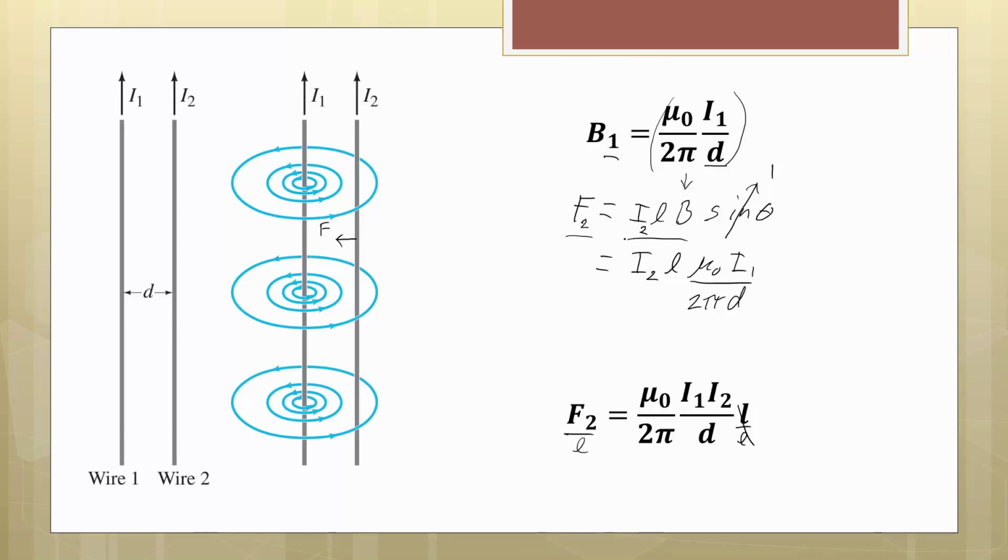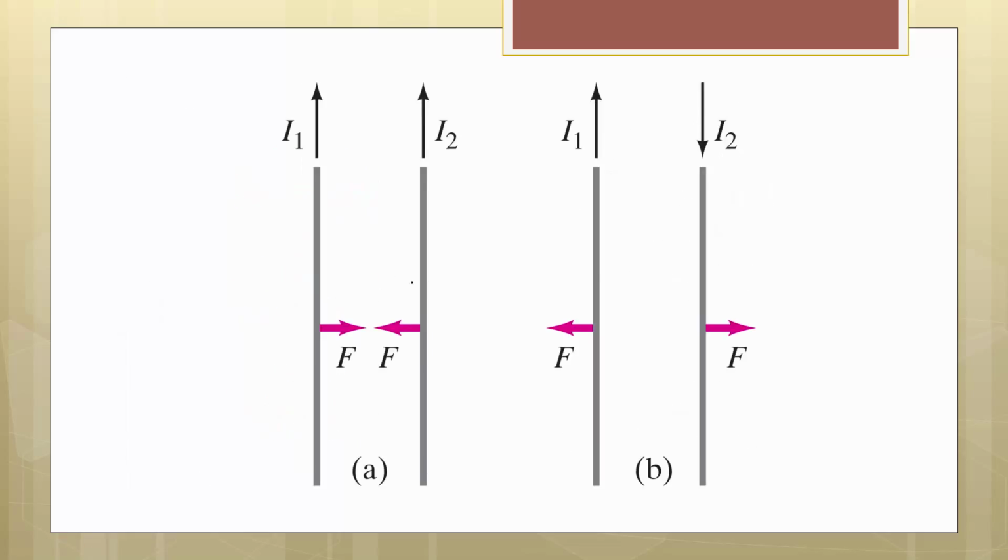And you can reverse all of this analysis and say, well, wire 1 doesn't feel its own field, it says that wire 2 is producing a field, and you'd essentially just switch your 1s and 2s and you'd get the exact same result. And by Newton's third law, we know that they both have to feel the force as well in opposite directions. So essentially we can say that if the currents are both in the same direction, they will both feel an attractive force. And you might have guessed it, if we have currents in opposite directions,